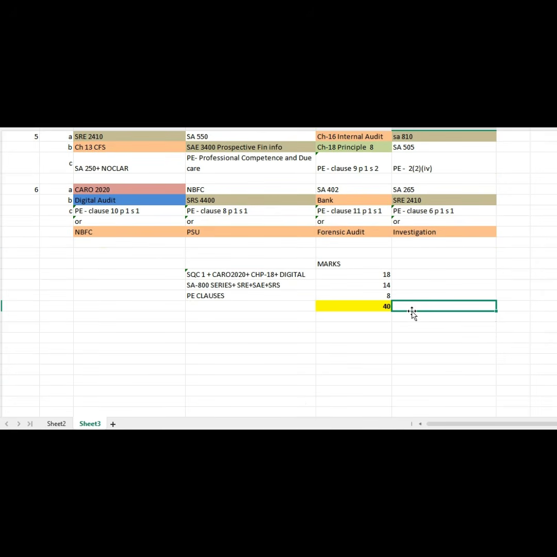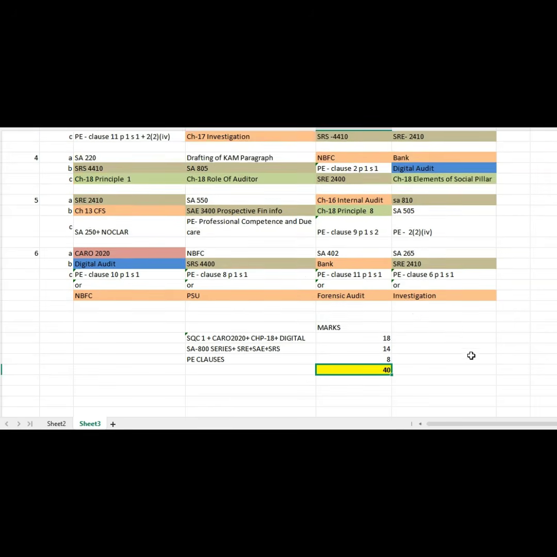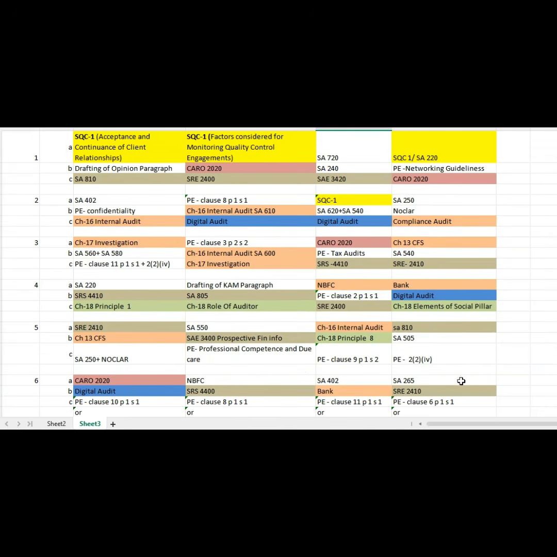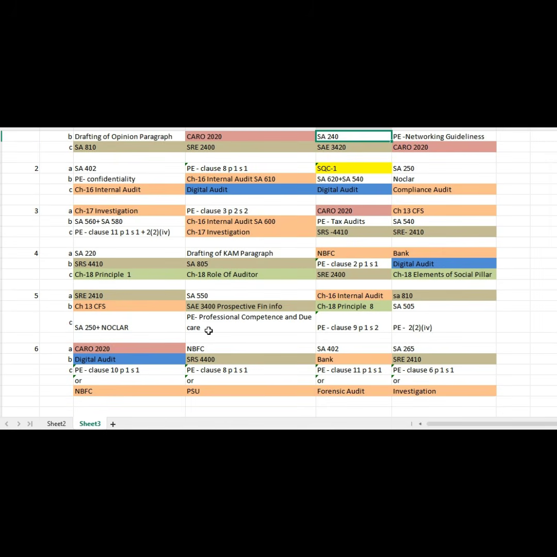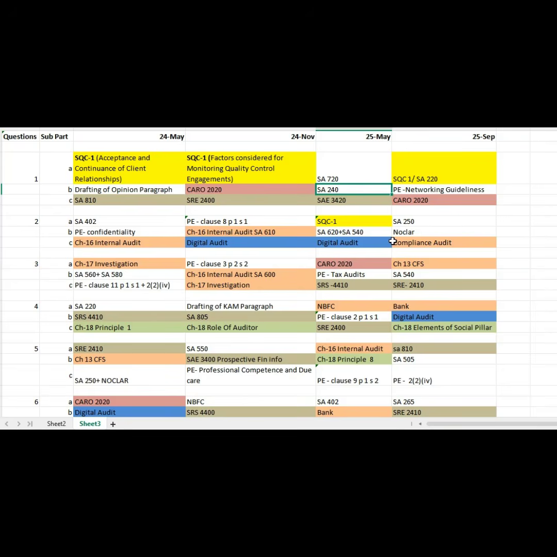If you concentrate on chapters 13 to 17, plus this, 40 marks, exemption is damn sure. And if you are very clear about these areas, even if you leave your compulsory question, don't worry. If you're worried that you're leaving this chapter or this question, run through the other standards if you have time, those standards which have not been tested in these 4 attempts or are not often tested. You just select those chapters and go for it. That is my opinion.